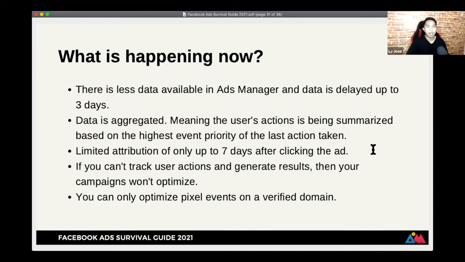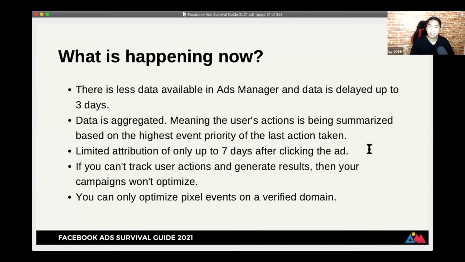So, anong ibig sabihin daw ng attribution? So, attribution is that yung parang saan ang galing or kanino galing yung action na yon within a specific window period. So, let me use another example here. So, let's say si Joms is that nag-click ng ad ko and napunta siya sa website ko nga, di ba? And hindi siya nag-purchase or anything from there. Okay? So, after 7 days, hindi yun maka-count.